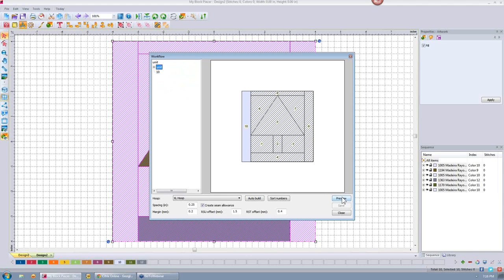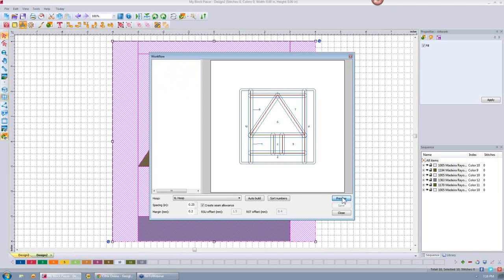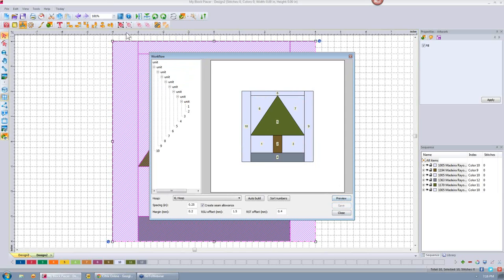Let's preview that design. And there we go. All in one design in one hooping. How easy was that? Let's look and see what our hierarchy looks like. It looks just like that. Now, I could drag pieces, but with all my experimenting, I found this is the easiest way to build that. If you start with 2 units, add a unit, add a unit, add a unit. And since this can all go in one hooping,